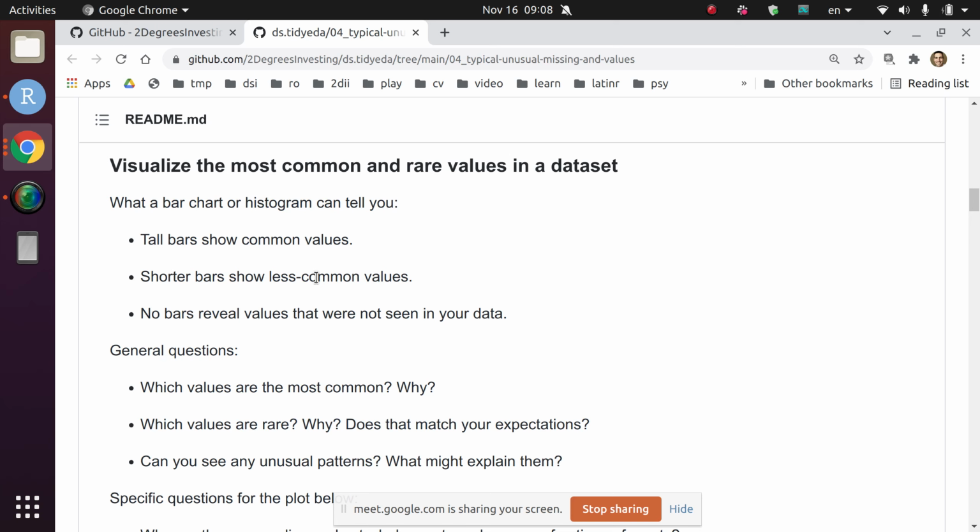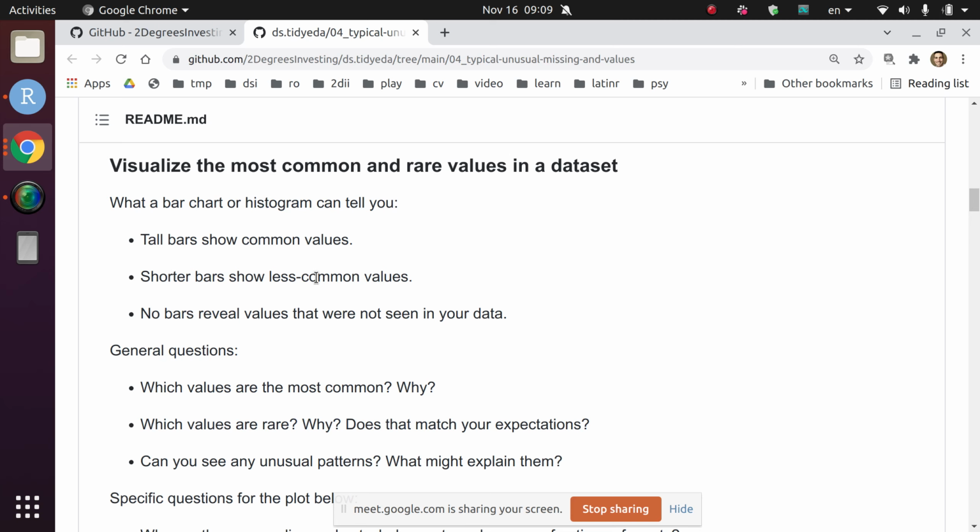in a data set. So last time we worked with two types of bar plots. One is necessarily directly called a bar chart, and the other one is a histogram. Both of them represent data in bars, and the tall bars are the ones that are going to be showing us the most common values. So it's very easy, using a histogram, for example, to see which are the most common values in the entire distribution of the variable. And on the other hand, shorter bars will tell us the less common values, and gaps